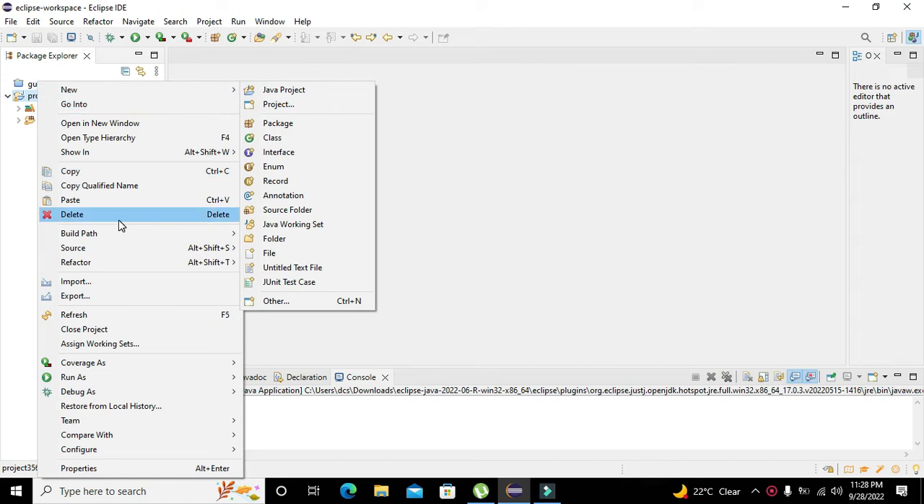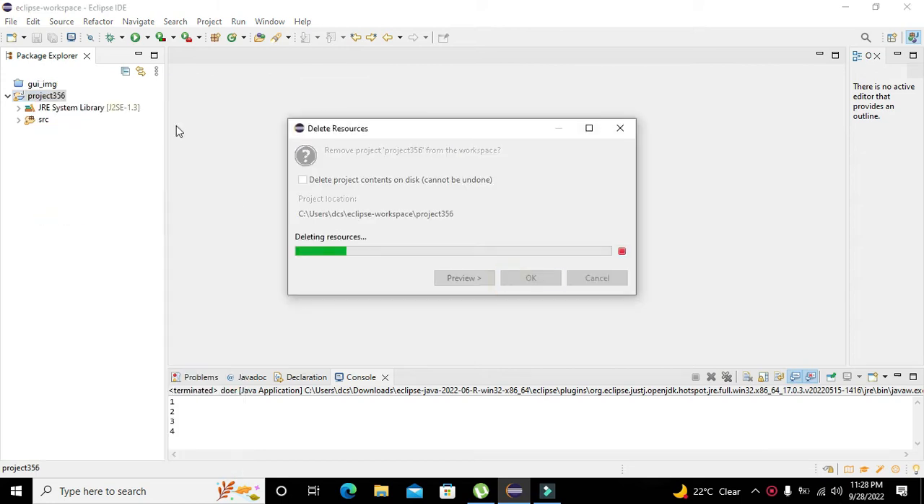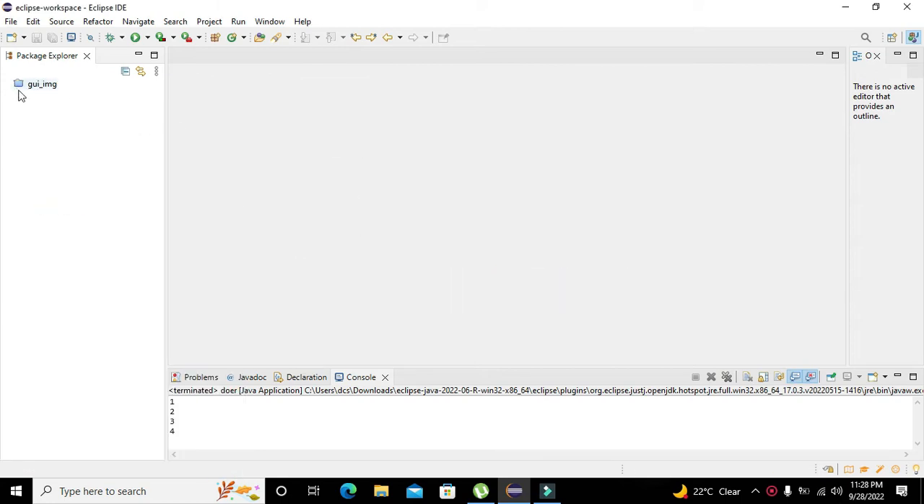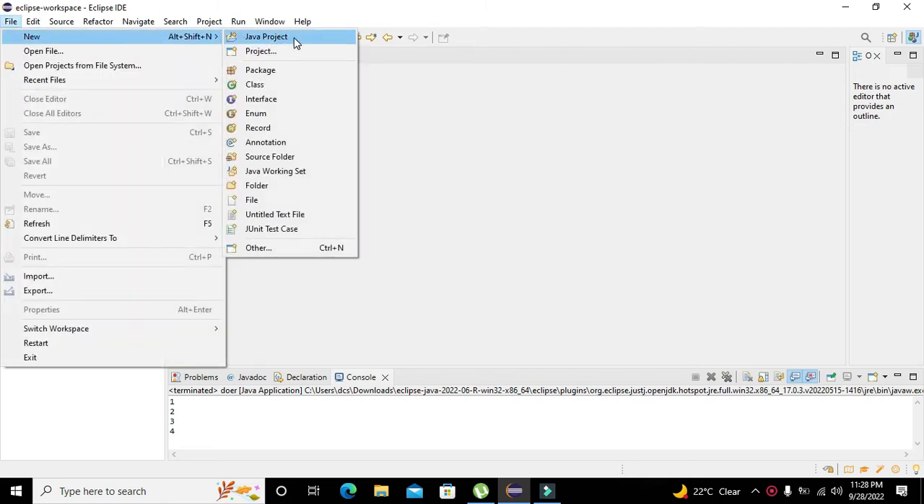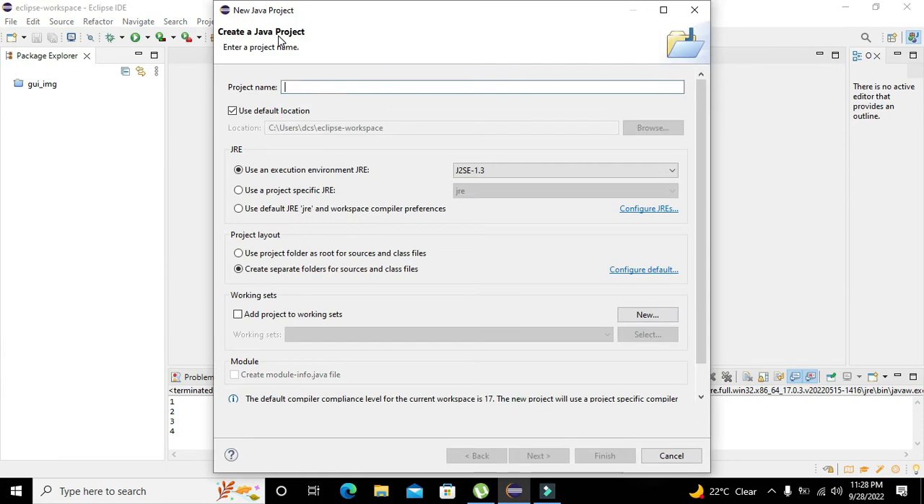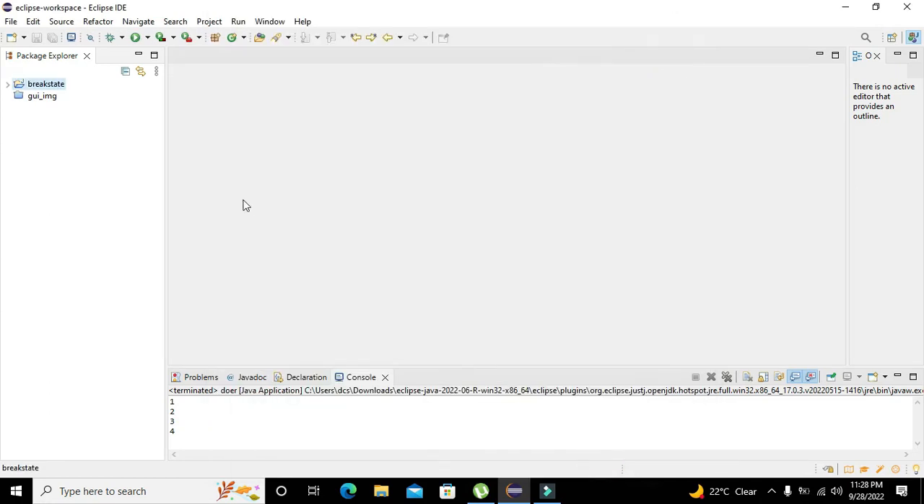Okay, let me delete all the previous things, and now we need to go to File, go to New and click on Java Project. Here we will write the name of the project as break state, or any name of your own choice. Click on Next and then on Finish. After this is done, click on the project